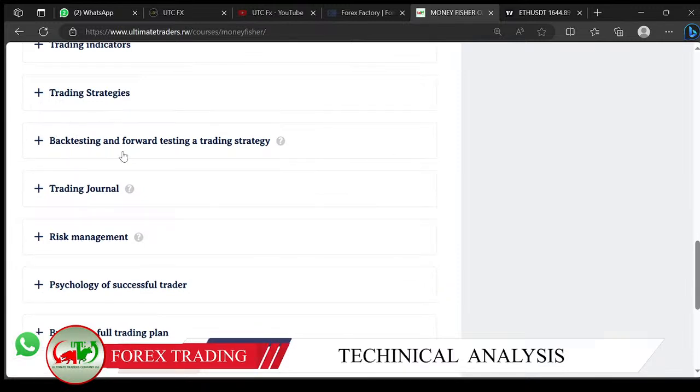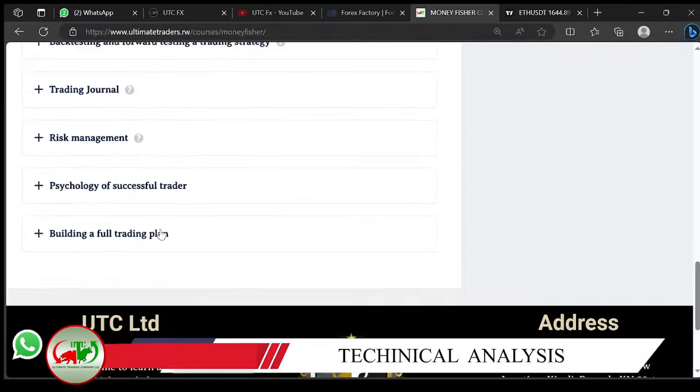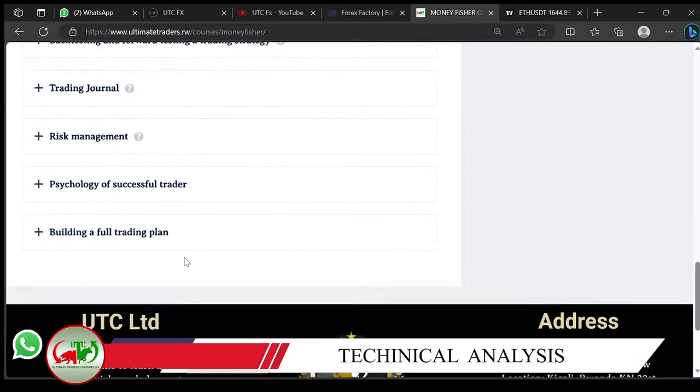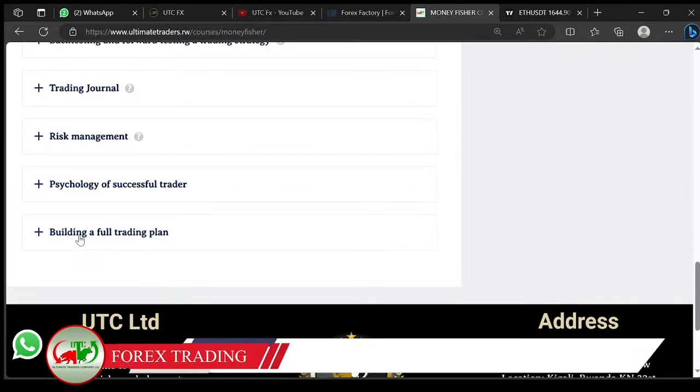Then after that, we teach you the backtesting and for the trading strategy, trading journal, risk management, trading psychology. And after all of this, we teach you how you can make your trading plan based on the time you have and the currency and the trading objective. If you complete this course, we believe that you can trade